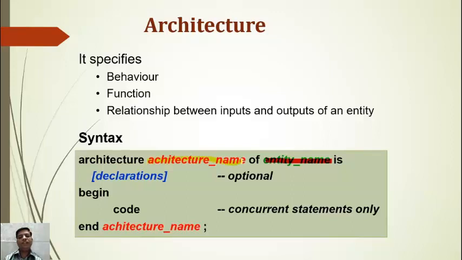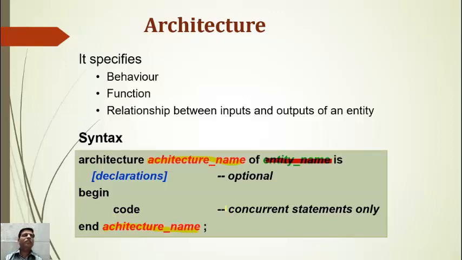So here is the architecture name, and end architecture with again the same name. After the architecture name of entity name is, the declaration part comes. Suppose we are declaring any signal, we declare it here after the architecture. It is optional, not necessary. Only when there is a necessity do we define the signals. In case of structural modeling, we always declare those signals. Then begin and then write down the code.